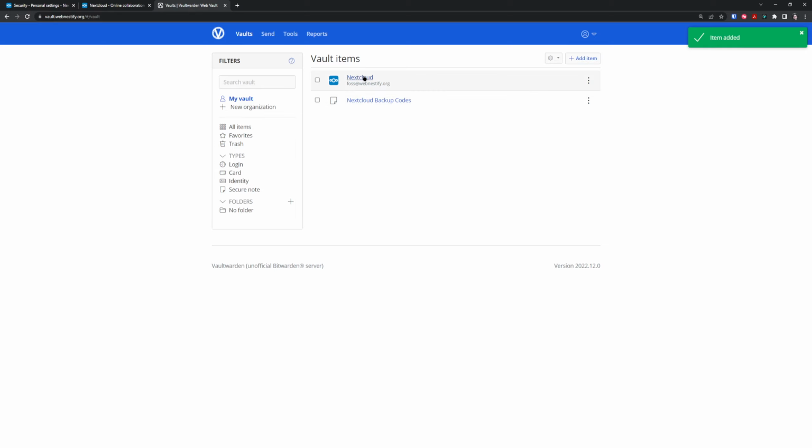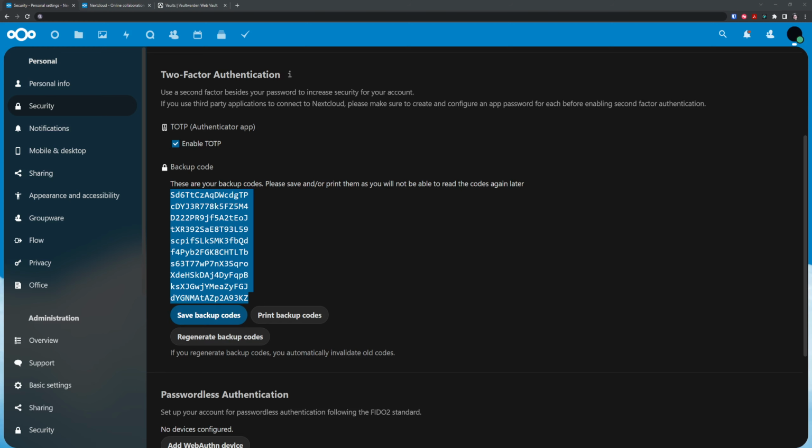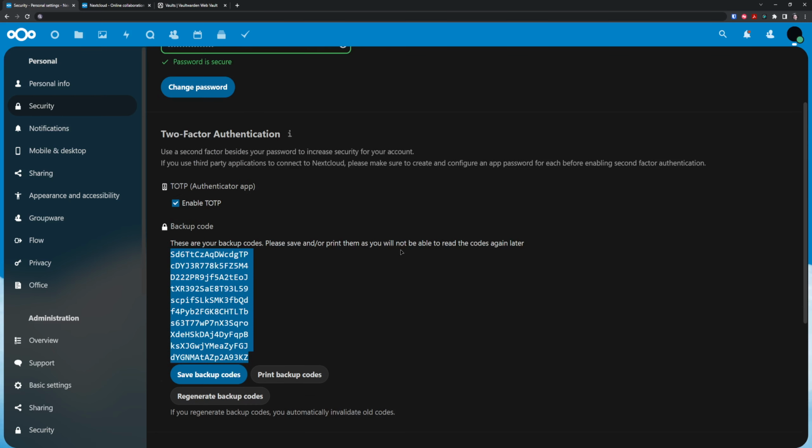Now you have your login and your Nextcloud backup codes safe in your self-hosted Bitwarden vault. Alright, and also you can click save to download it, but I don't recommend storing those backup codes in a text file anywhere else. So once security is done,